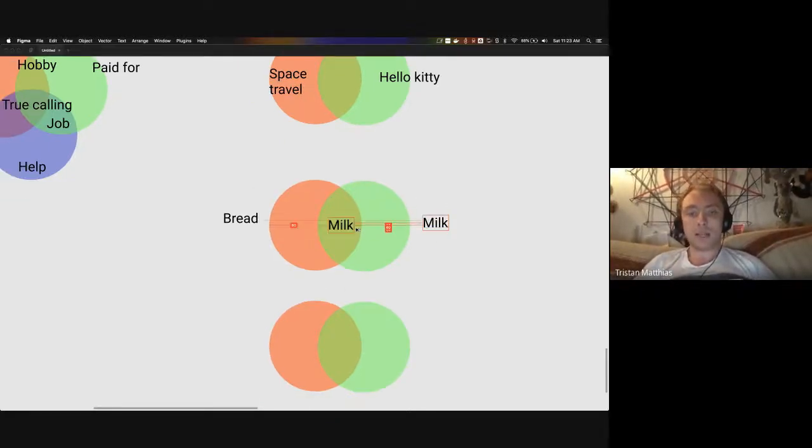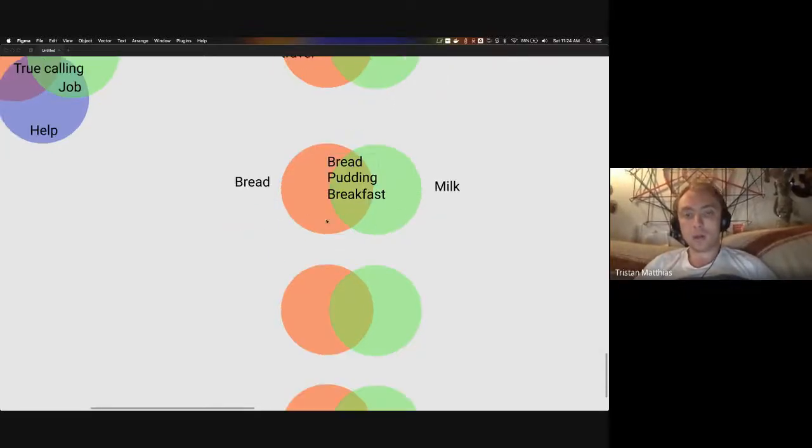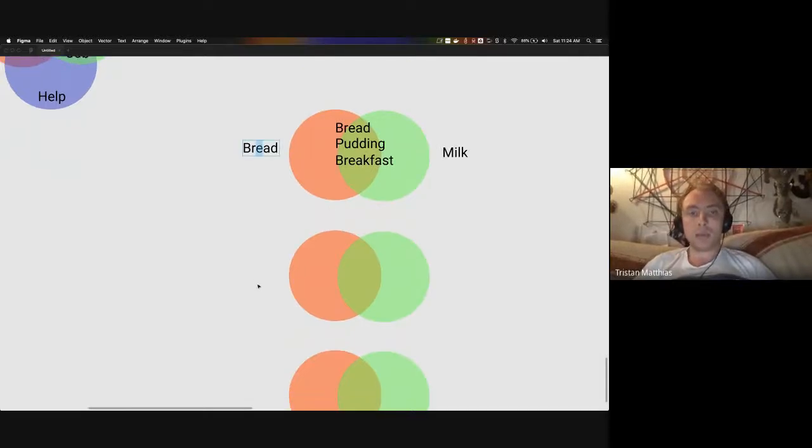So, you might say this is like a pudding, right? The bread pudding. For those who've had it, it's really delicious. So you're creating a relationship here. You might say maybe breakfast. How are bread and milk related? But then we start to make it more abstract, right? Like,